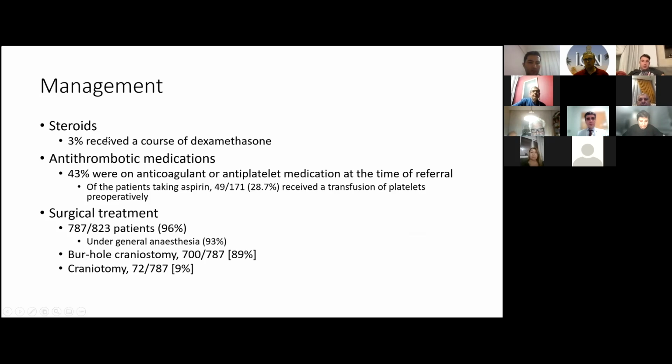So the use of steroids was not very popular in the UK. Only 3% had a course of dexamethasone. But as I said, about half of the patients were on an anticoagulant or antiplatelet medication. And of those taking aspirin, 30% had a transfusion of platelets preoperatively. This was usually in the context of not being able to wait for 5 to 10 days for the aspirin